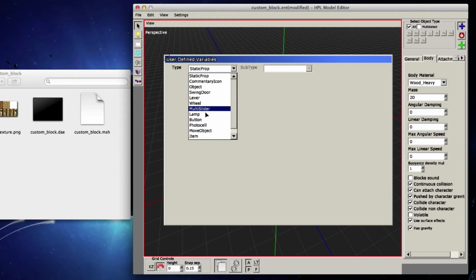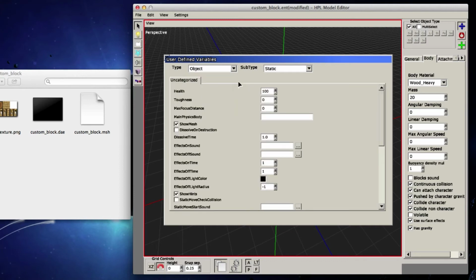But those are all pretty advanced, so if you don't know how to use them, it could be tricky, but feel free to experiment. I'm going to select object because that's a very basic one. After you select object, you can select a subtype. If it's static, you'll not be able to interact with it. Slide and push, I think they're like the bed, you can slide and push, and these are different kinds of